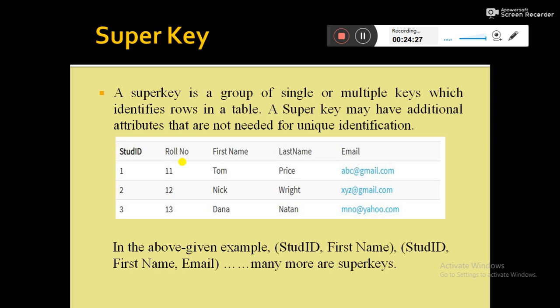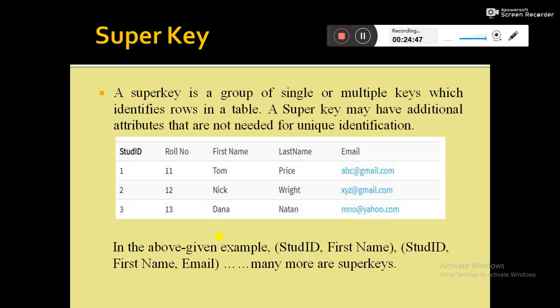But student ID is unique across the department. Then first name, last name, last name is not unique. Email, now email is also unique. That email attribute, the domain, is unique. So in the above given example,